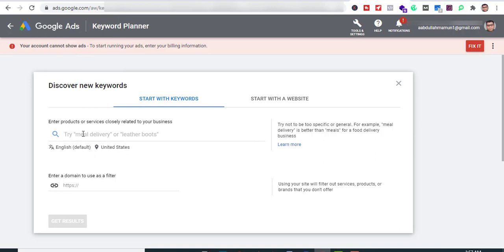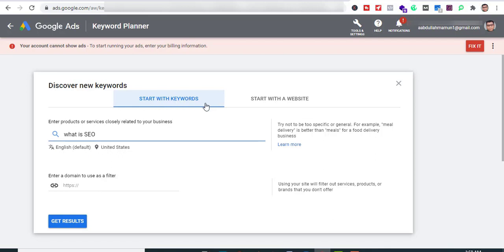And my keyword, search. That keyword and get results.